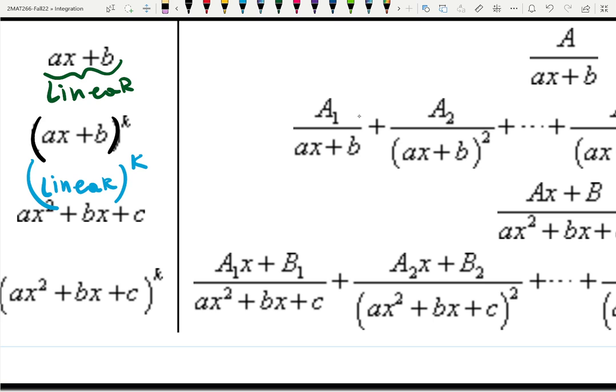How many letters do you guys have? 26. We have 33. So that is cooler. Anyway,